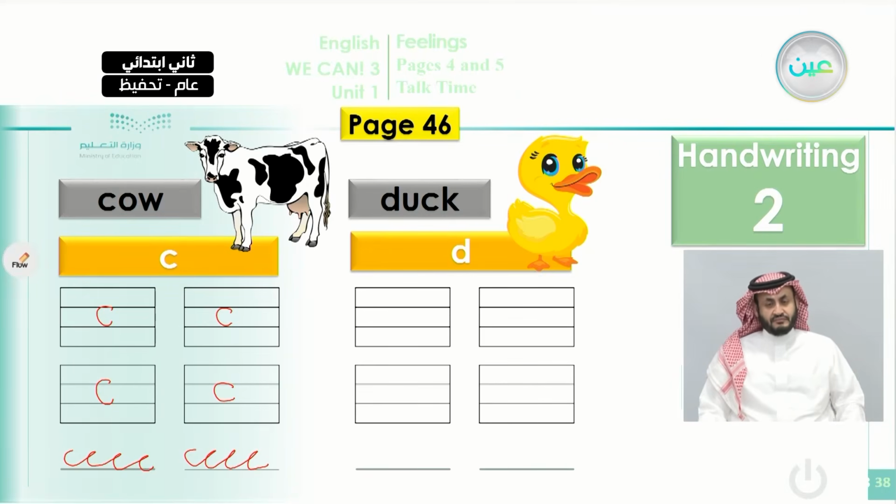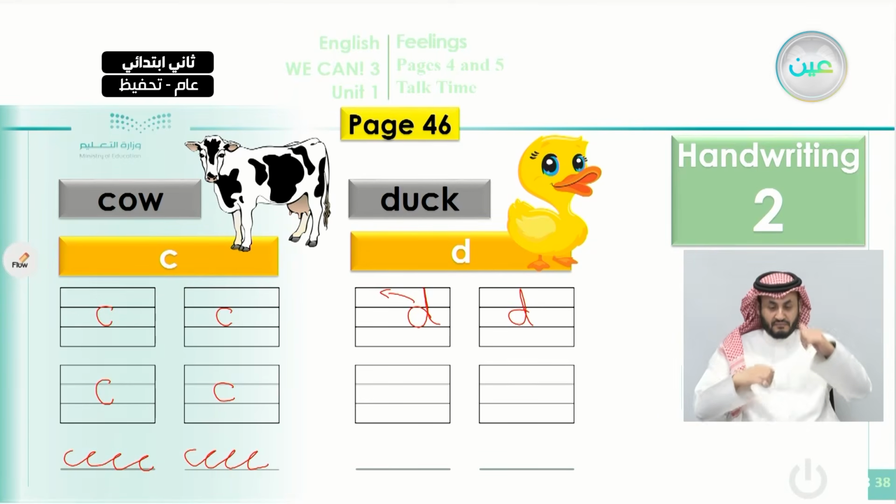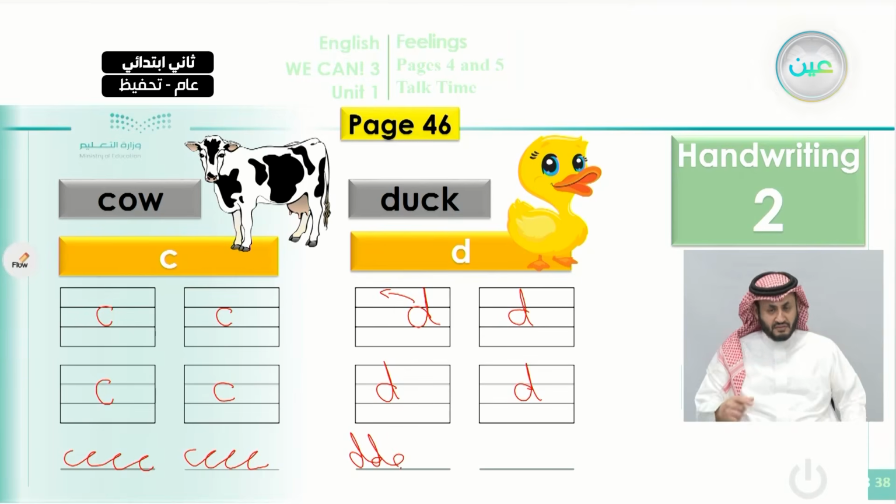Okay, we move to the other word, which is duck. Starting with the first letter, D. How to write the D? You remember when we started writing the A, we start in this way. So we write D like this. Like I wanted to write A, but I completed to the top to make it D. Also here, D. And here also we write D. D is like this. Okay, if I want to make it in cursive, I do like this. You see? I don't remove my hand because I start correctly and I end correctly.